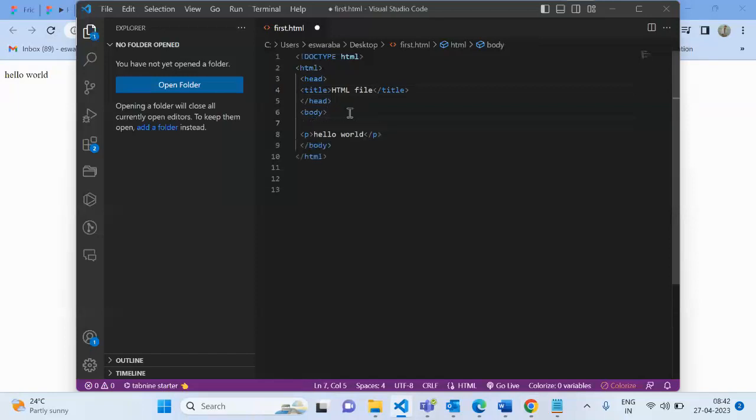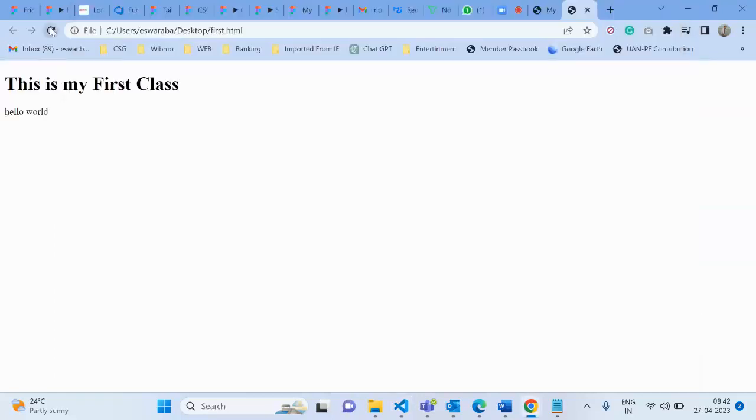After the paragraph, I can give a heading saying this is my first class. See, it will appear. It is very big because I gave it in the heading.